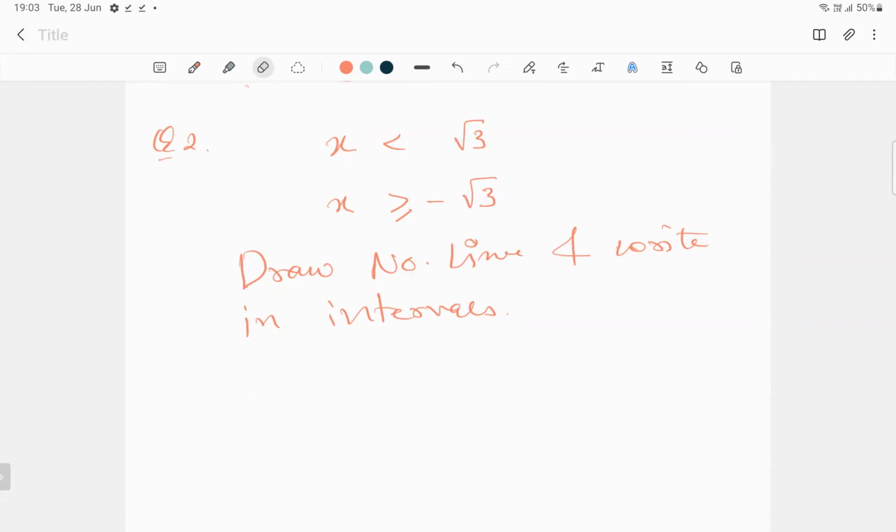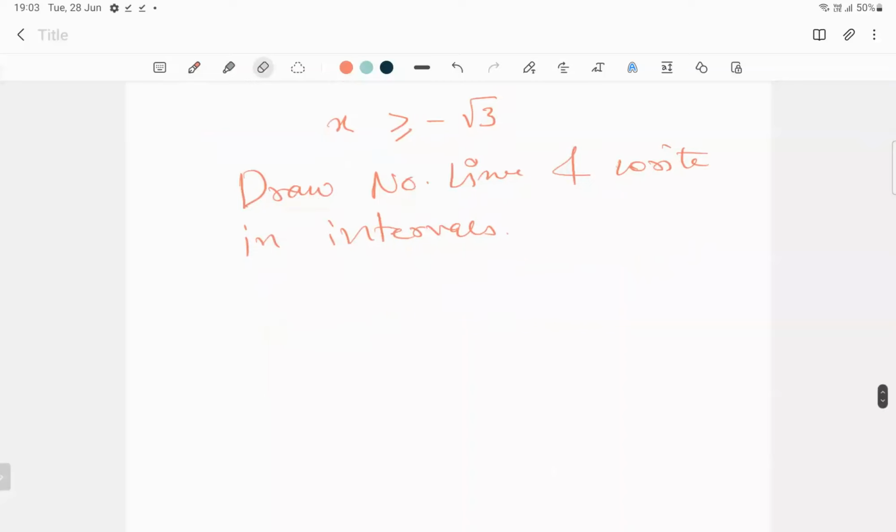Yes, x is greater than or equal to minus 3, but x is less than. How do you draw it on the number line? Any one of you have done it? If I have to write 1.7,